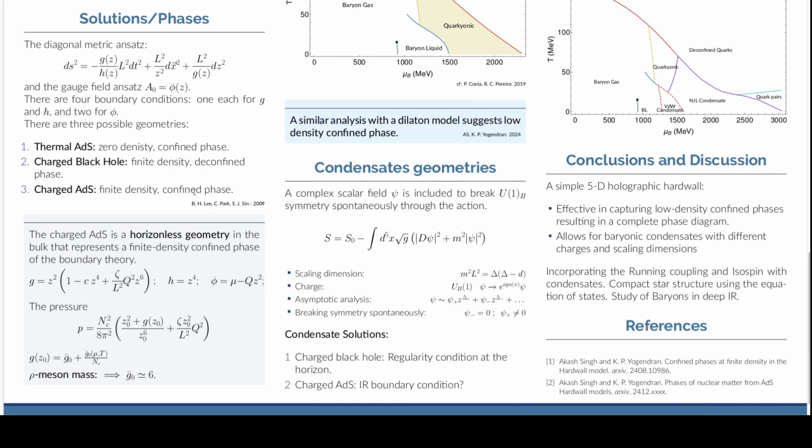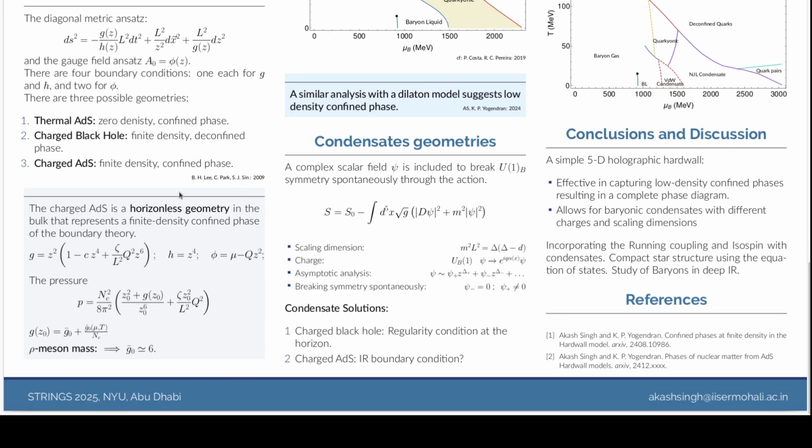However, there are no finite density confined phases in any well-established AdS/QCD models, except for the work presented by Lee, Park, and Sin. We built on the idea presented there and studied the charged AdS geometry. Charged AdS is a horizonless geometry at finite density, representing a confined phase that requires us to fix these two parameters Q and G at Z0